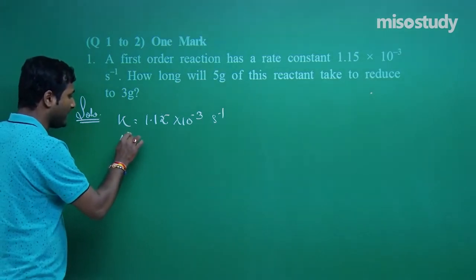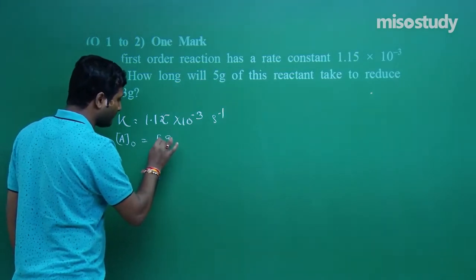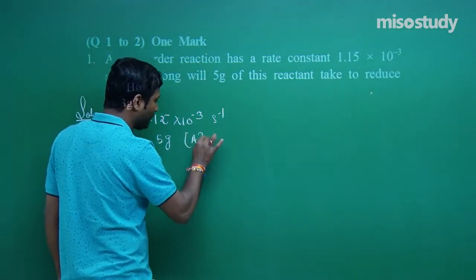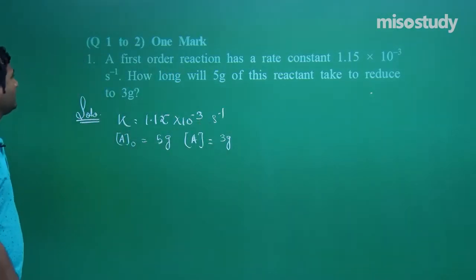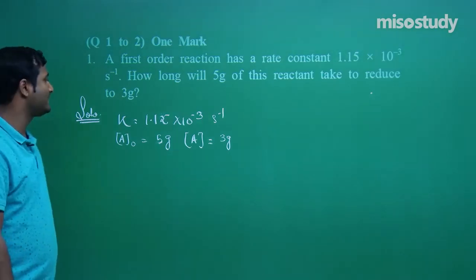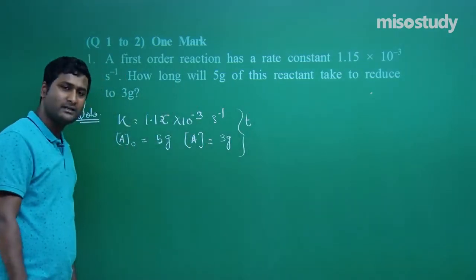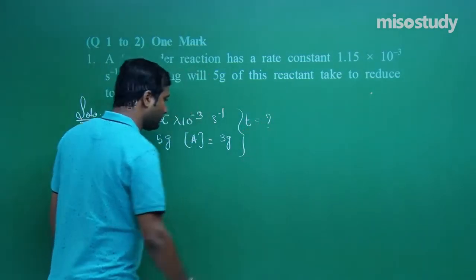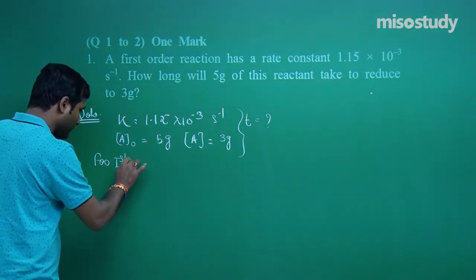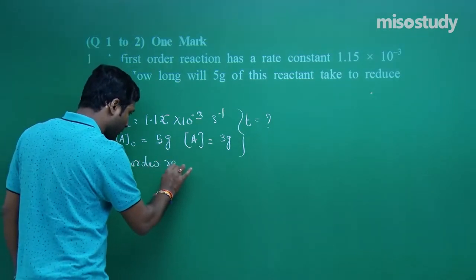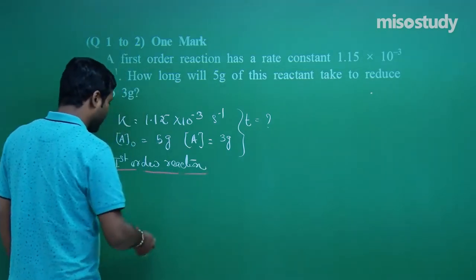That means here A naught is equal to 5 gram and A is equal to 3 gram. So, what we need to find is how long, that is, the time. Now, is there any formula to link this? Yes, definitely. As we know, for a first order reaction, listen carefully, K